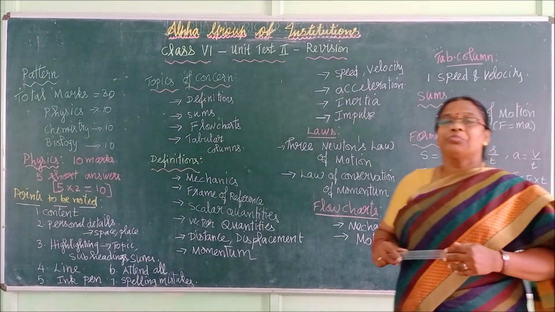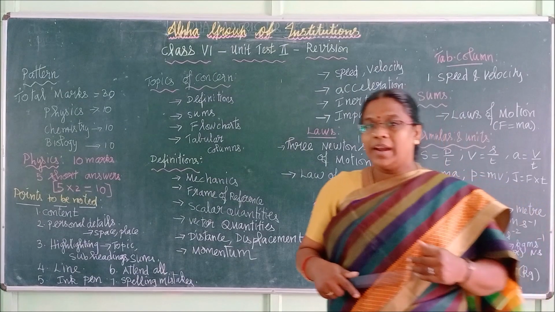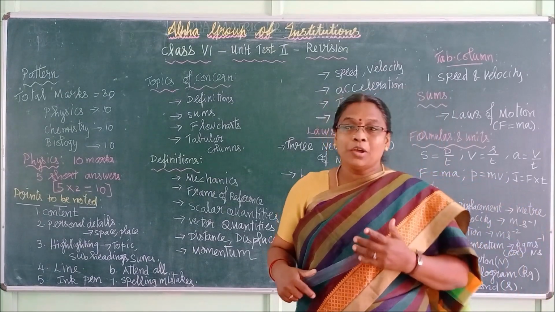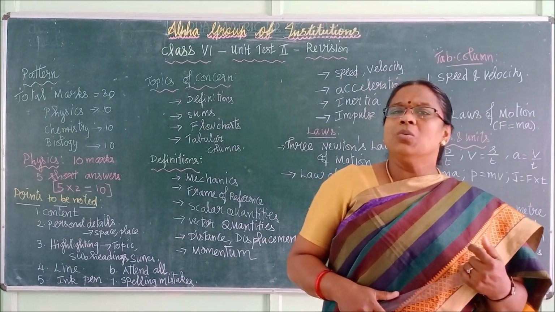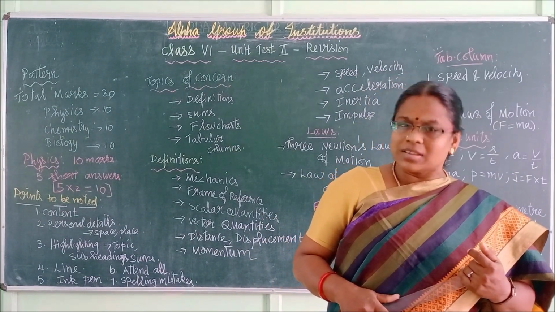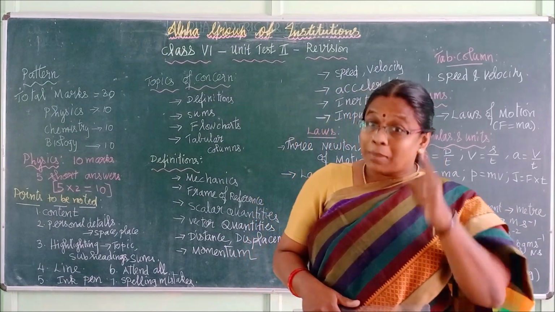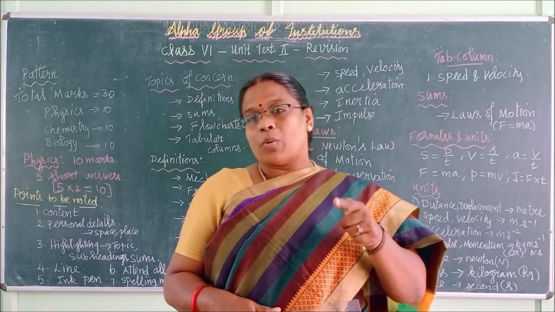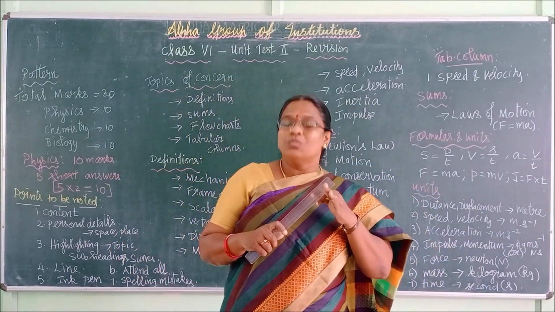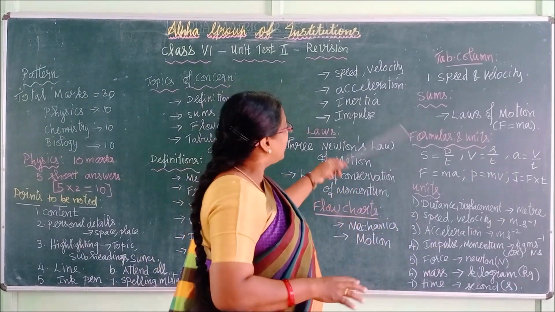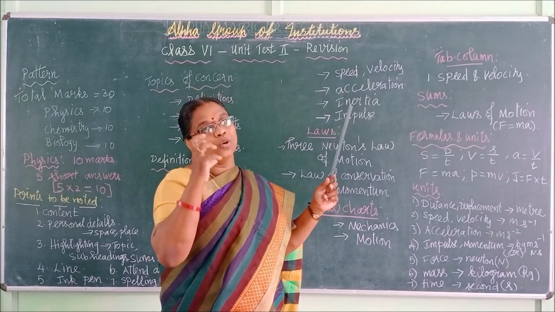Now inertia. This comes under part 3 video, laws of motion, right? It is the inability of a body to change from one state to another state. It doesn't have any unit, it doesn't have any formula. So easy for you, one single line, 2 marks, right? But when you need to write one more extra point, there are 3 types of inertia: inertia of rest, inertia of motion, and inertia of direction. That you can write here. It is not needed, but when you write it, you can have an extra good impression.